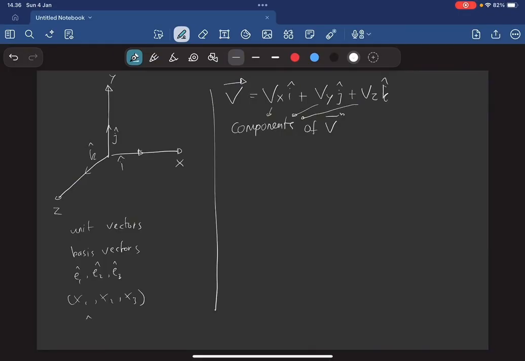We can say that this equation is a linear combination of basis vectors. This is a fancy way of saying that we add the basis vectors along with any relevant vectors. Vector components can be positive or negative. We can also write a vector as a list of its components, in this case, like this.